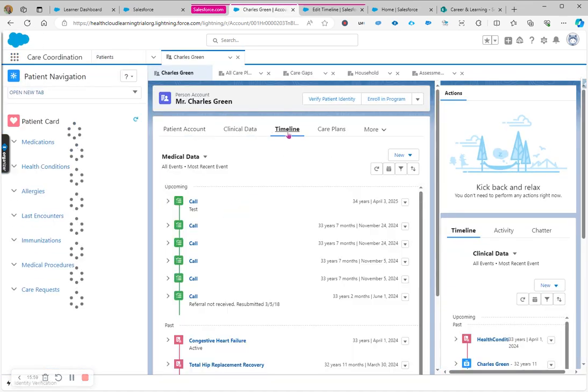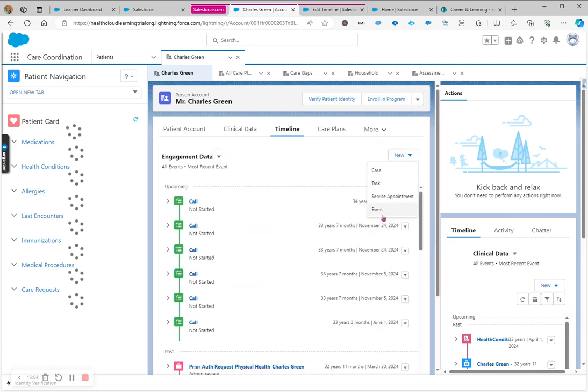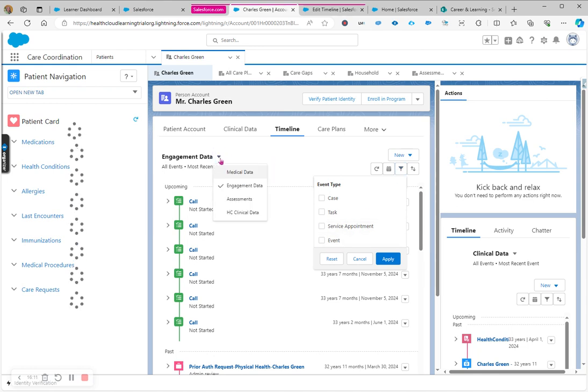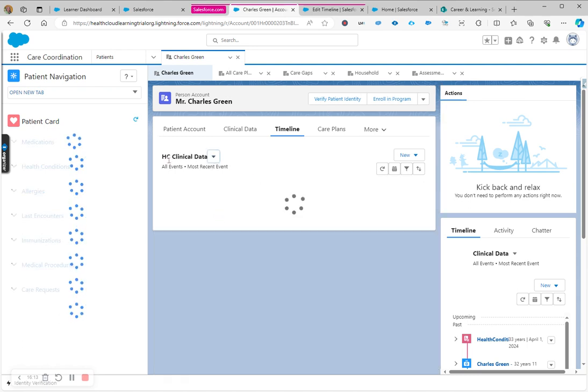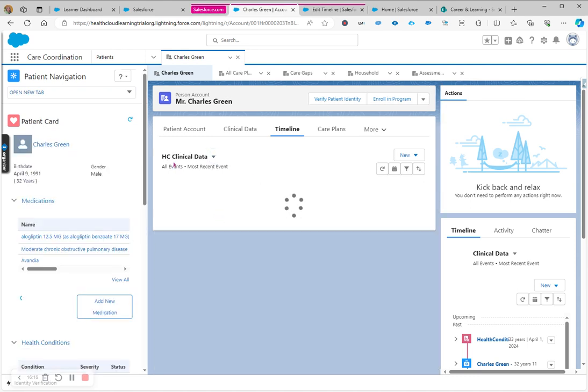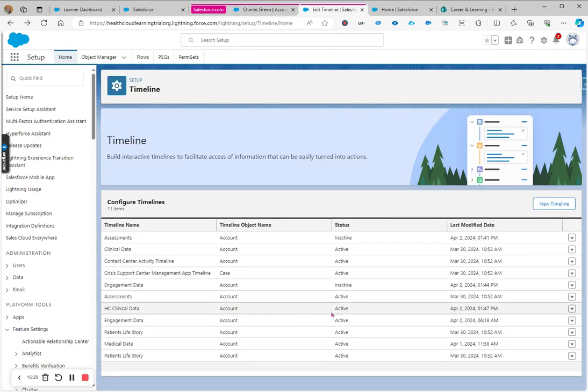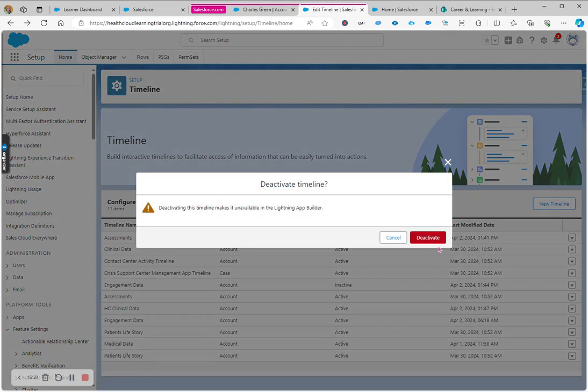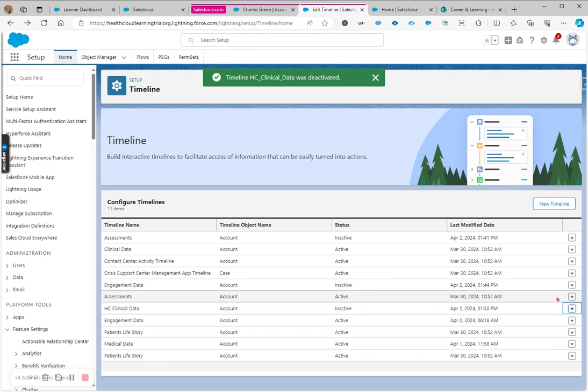So that now if you go to the timeline and go to the engagement data, you will actually now see event. Even in the filter, you can see the event. So we will be able to proceed. However, I want you to pay attention to this, because I still want to put it back to how it was. So what I'm gonna do now that I know that I have the right API mapping to that, I will then go deactivate this again, and then edit